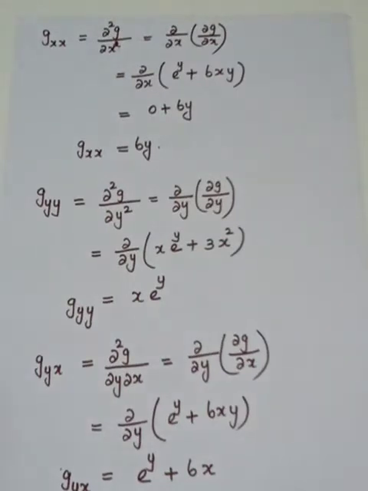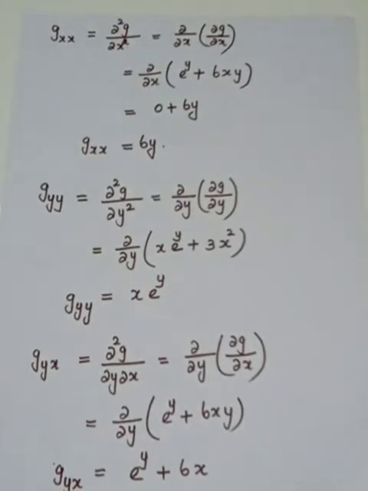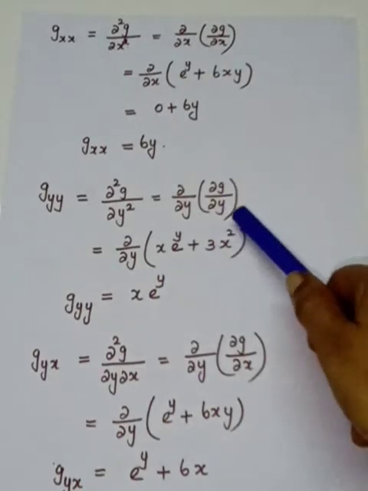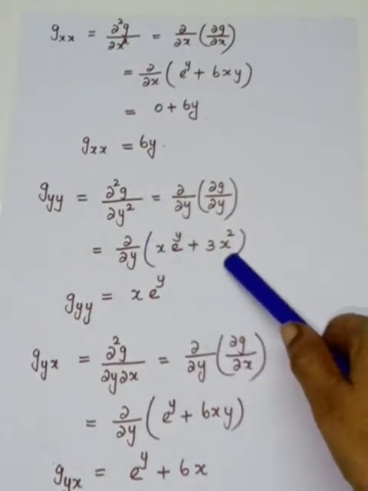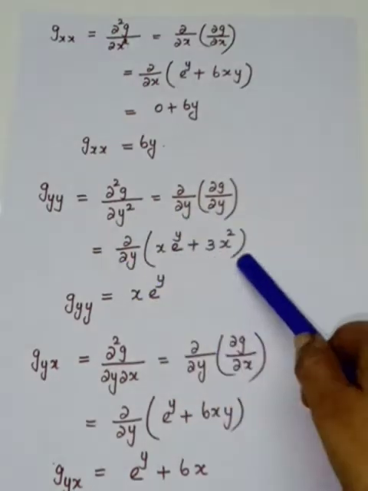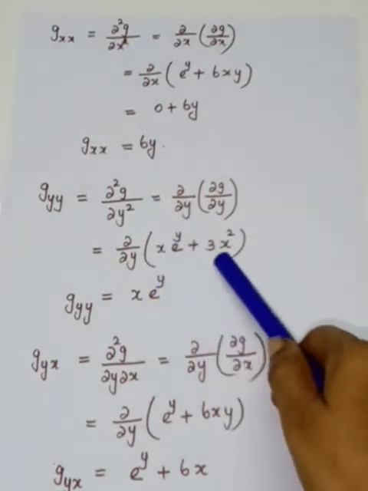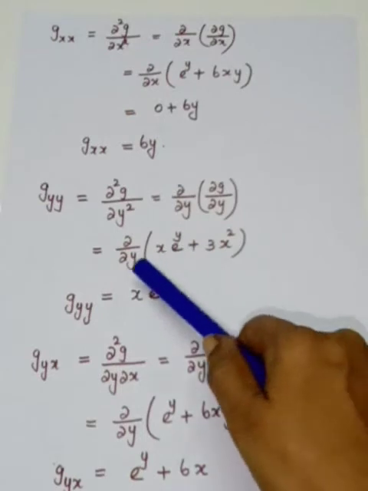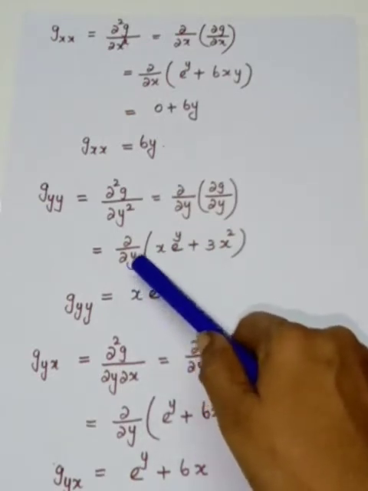Okay. How will it be written? The denotation is important. Dou squared g by dou y squared. It can be split as dou by dou y of dou g by dou y. Dou g by dou y we have already found, that has to be written. Now what's the meaning of this step? This term has to be differentiated partially with respect to y.